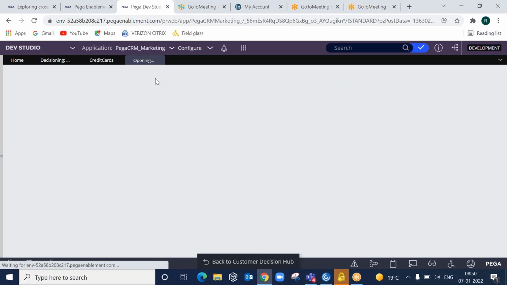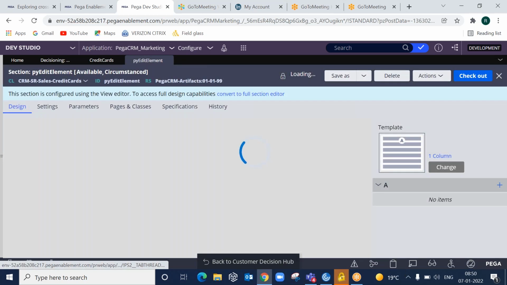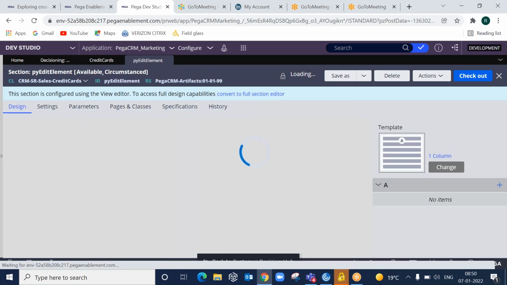Notice the name of the section. So you see here, what is the section name? The section name is py edit element, and this particular section is circumstanced.